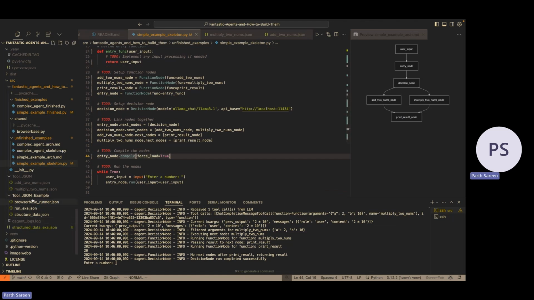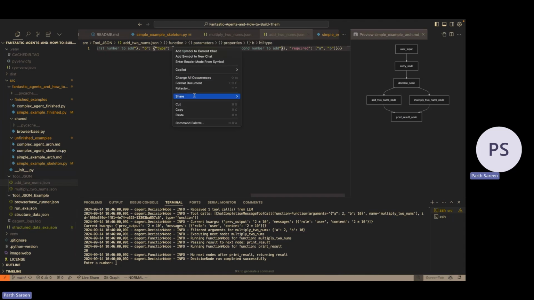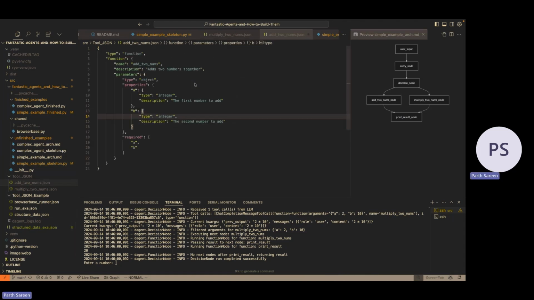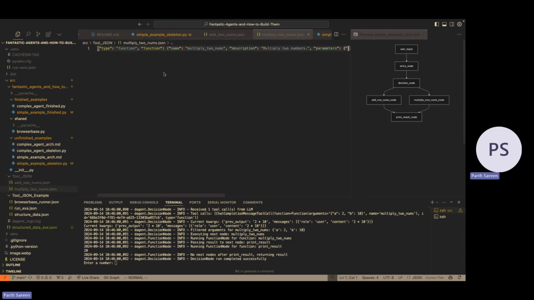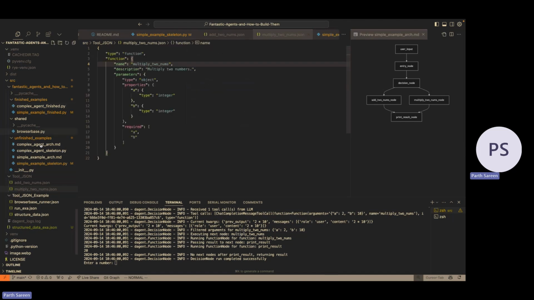I hated writing these JSON because that's how you were giving information and passing it into a LLM. But the issue is that it needs to be a certain format, it needs to be working. So I just abstracted that all away so that you as the user don't have to think about doing all this nitty-gritty work, and you can just dive into writing code. And then the same thing happened for multiply JSON, and all of this is happening on device, by the way, because we were using Ollama, which is pretty cool.